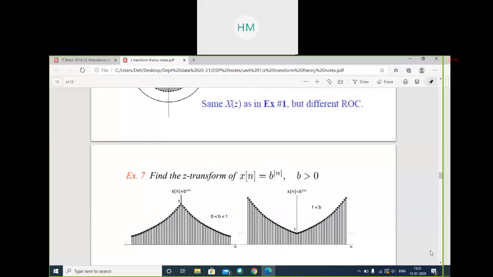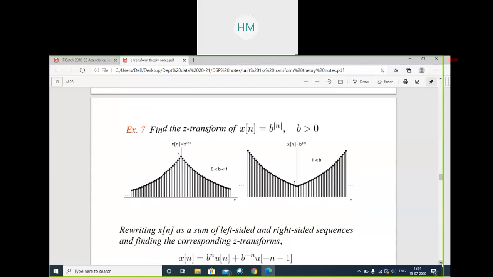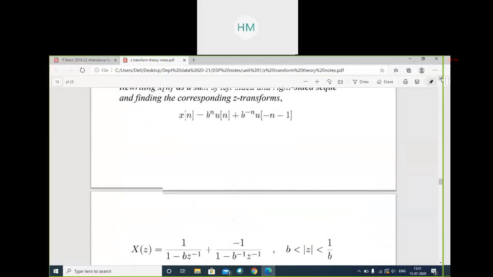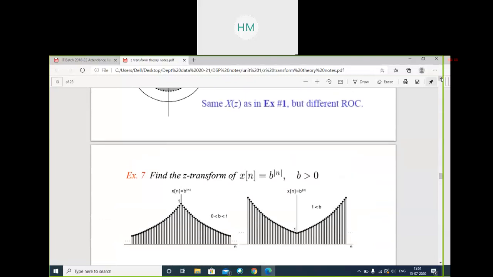and this is the sequence for b greater than 1. Okay, so now students, this is the work for you. Simplify this numerical. I'm just giving you a look at this, but you have to simplify it on your own. So this is your homework, and in the next class we will discuss a few important things of Z transforms. So we will wind up our class over here. Any doubt? Anything you want to ask? Write your answers in the chat box.